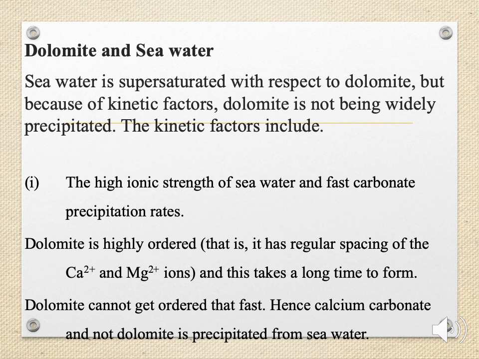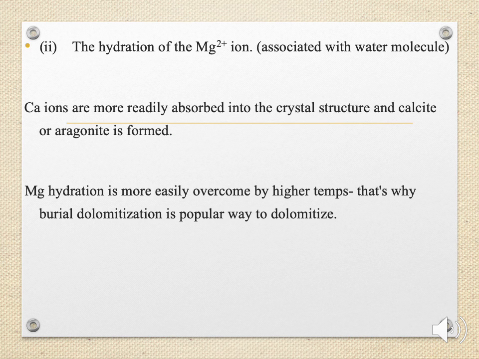What happens is that dolomite cannot get ordered fast enough, and hence calcium carbonate is precipitated from the seawater and not dolomite. Another factor is the hydration of magnesium ions. The magnesium ions tend to be associated with water molecules, being hydrated, and as a result, the calcium ions are more readily absorbed into the crystal structure, and calcite or aragonite tend to form more easily than